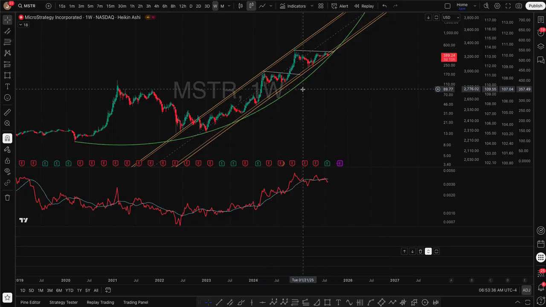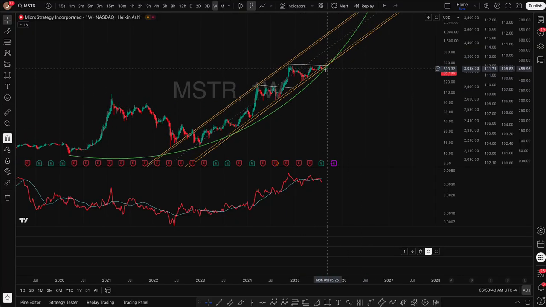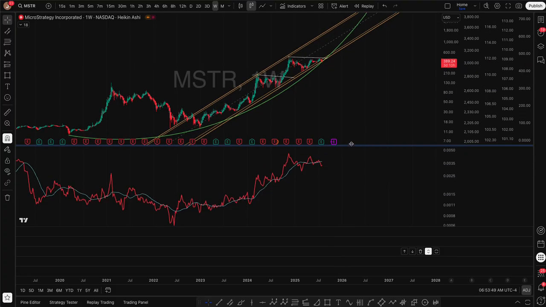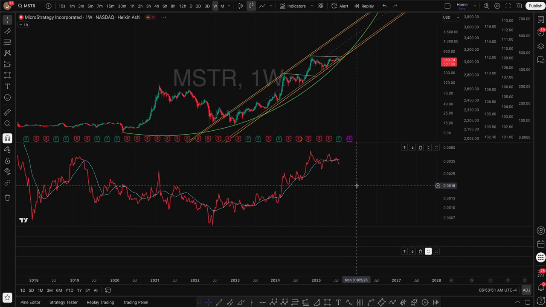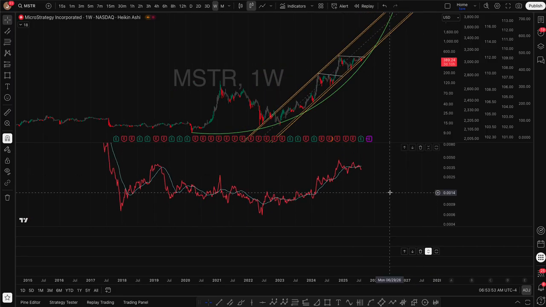So obviously, MSTR looks really good on the USD chart. You know, we are up in these channels. Maybe there's this parabola here. Looks like we're getting a little bit sketchy here towards the top of this parabola. We're going to find out. But when we pull up the hurdle rate against Bitcoin, when we really zoom out,